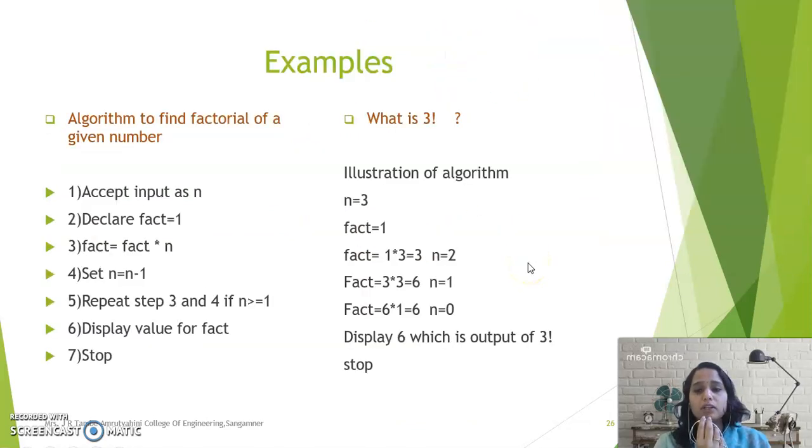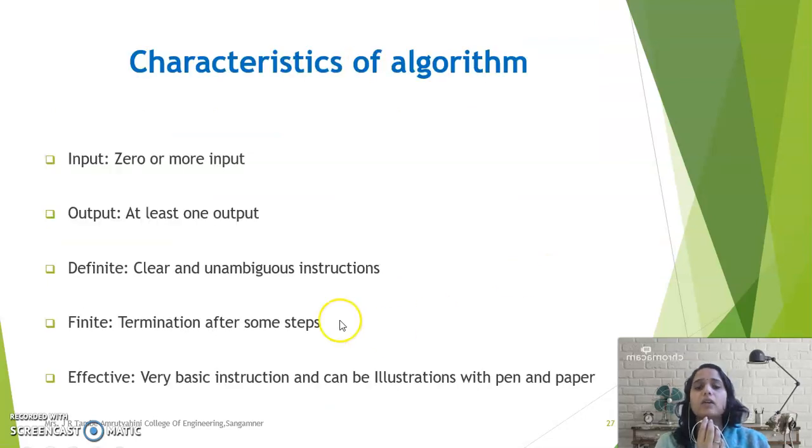Okay, so coming to the next point, I would like to discuss this technical example later on. Before that, I would like to take you towards the characteristics of an algorithm. Before discussing this particular slide, with every explanation I would like to put some examples. So the very first thing is what? The input, 0 or more inputs. So let me take you towards the example.